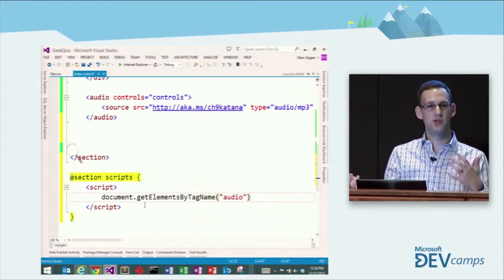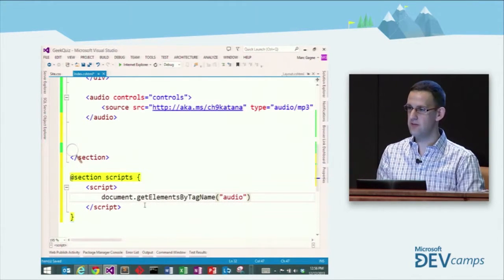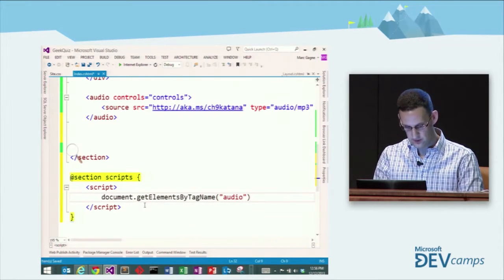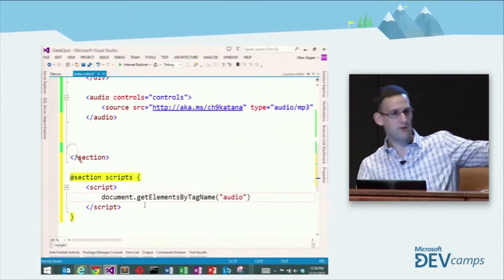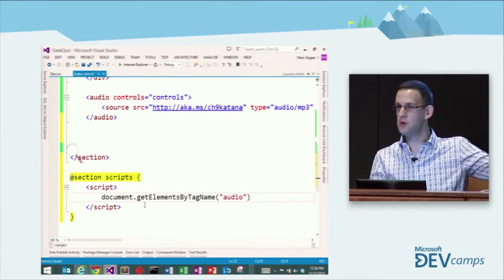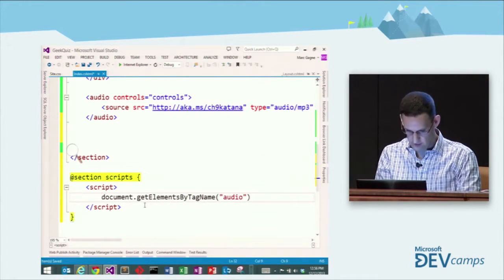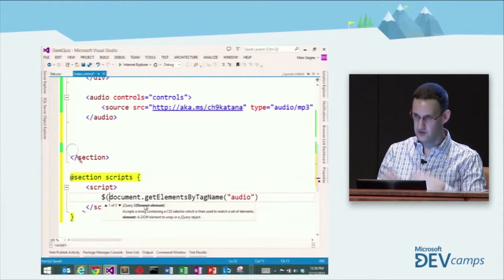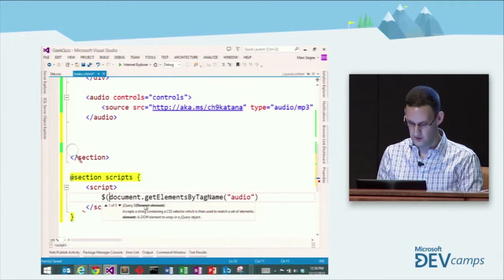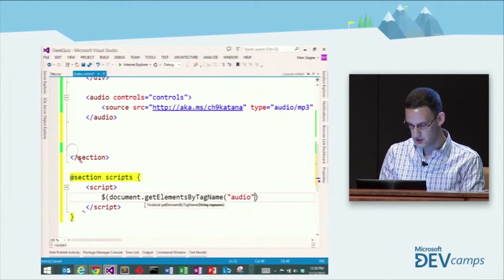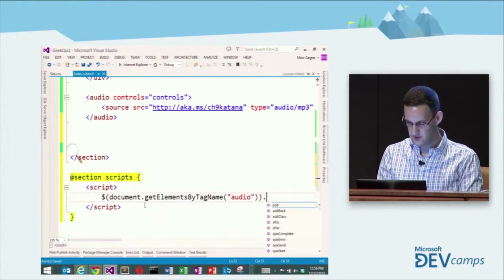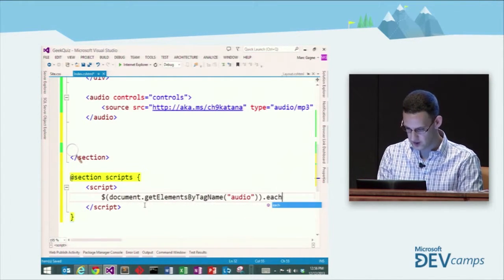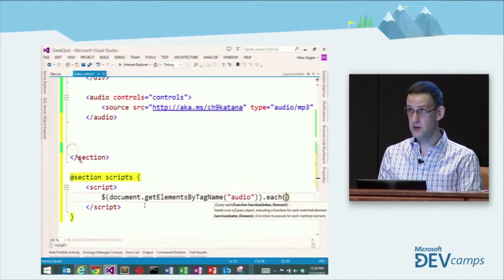Now, at this point, traditionally, if you're doing vanilla JavaScript, you'd assign it to a local variable, get its length, and iterate over it. I'm actually going to use some jQuery syntax here. Show of hands, jQuery fans in the room? Awesome, great. So I shouldn't have to explain this too much. I'm going to do $, which is the global jQuery function to convert either a CSS selector or an element or an array of elements to a jQuery object, which gives me access to my jQuery methods. We're seeing full IntelliSense for jQuery built in, so I can go each, and that tells me